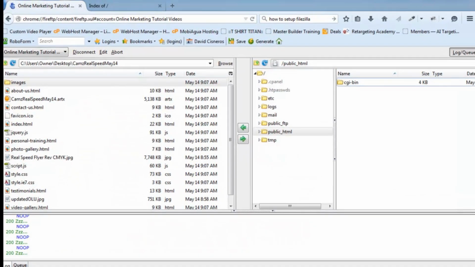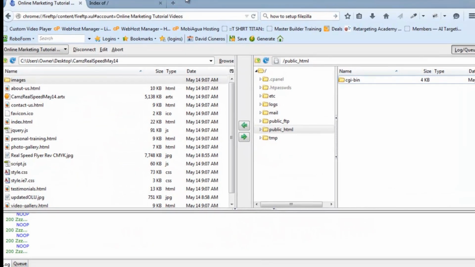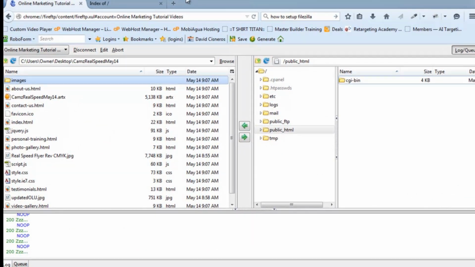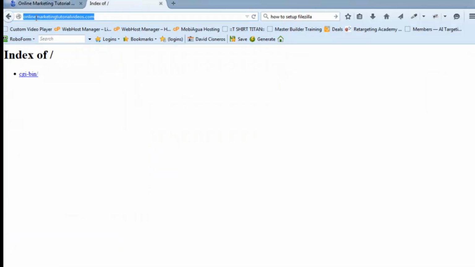So let's head on over to Fire FTP, and like I've told you before, this is the FTP software that I choose to be the best. I mean, you can use FileZilla. I like using this one. It's super, super easy. So what I've done is I've connected to my server, and you can see here that there is nothing there, right? If I go to my URL, online marketing tutorial videos, and I refresh it, you see there's absolutely nothing there,